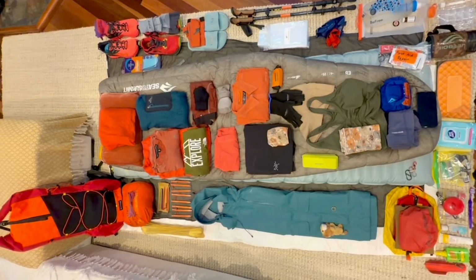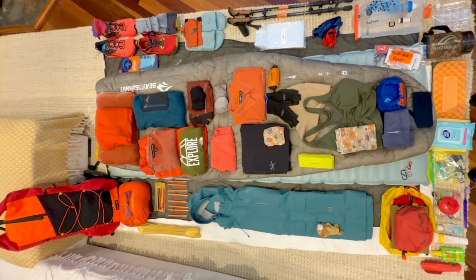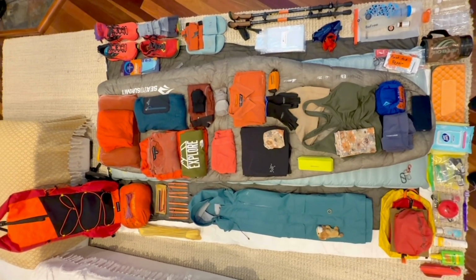What's in my 50-litre backpack for the 1400 kilometre hike along the Te Araroa Trail in New Zealand, which is